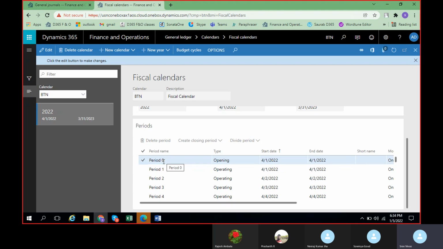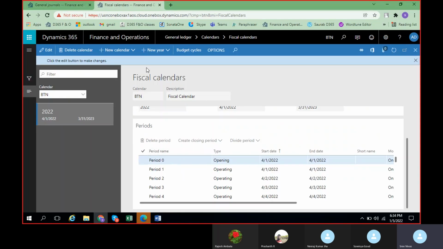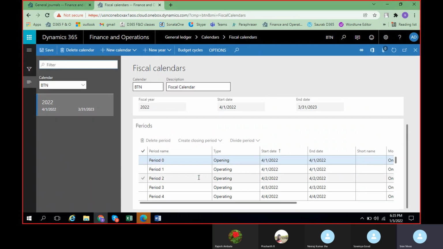In the same way, the closing balance of that particular year will be reflected in period 367, or period 366 if it is a leap year. So this is how we can break down the calendar into days, weekly, monthly, or quarterly, and if you want to make any changes, you just need to click on edit and it will allow you to do any changes.